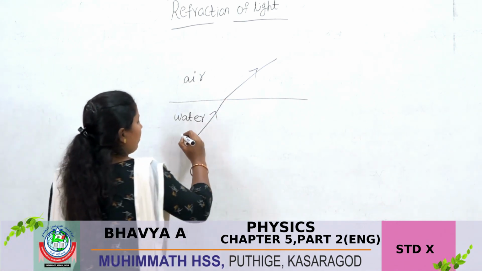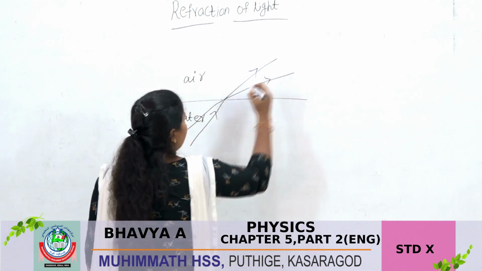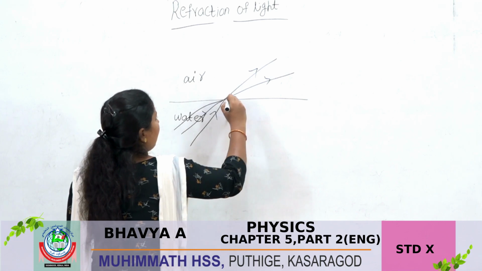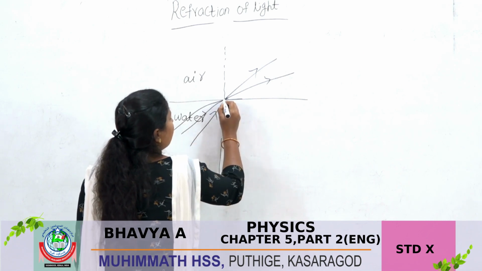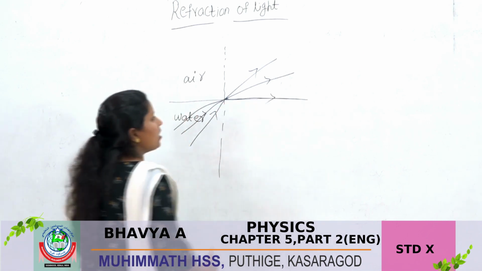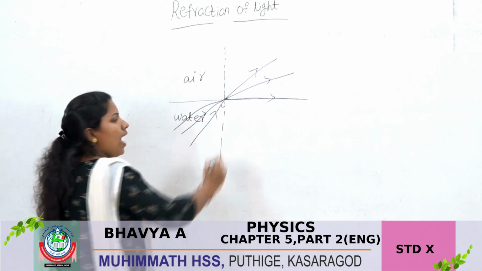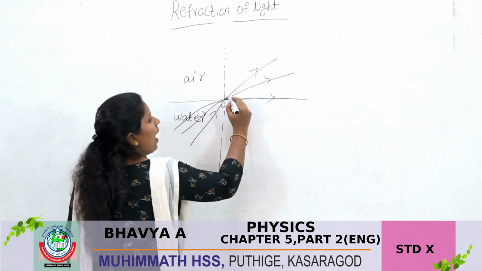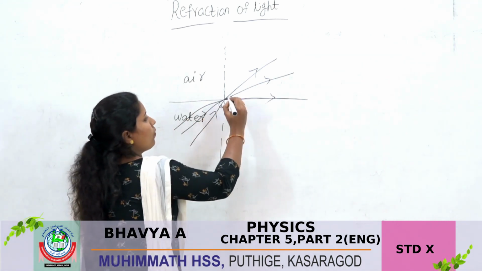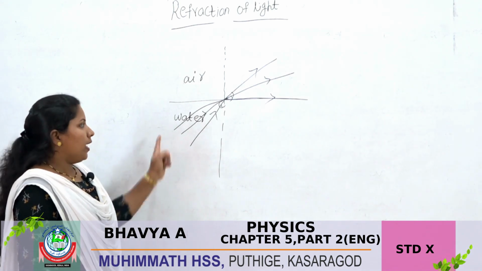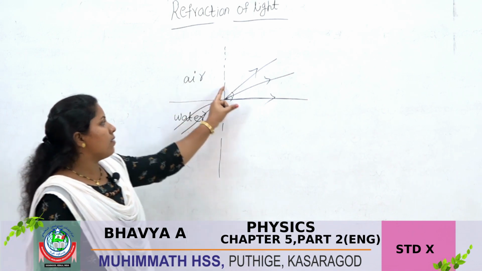Next, as that angle is increased, again the refraction is in another direction. Draw the normal here. At a particular angle, the ray is refracted at 90 degrees. So you get 90 degrees here. This is called the angle of incidence, and this is called the angle of refraction. Again another ray falls here. This is the angle of incidence, this is the angle of refraction. At a particular angle, the refracted angle becomes 90 degrees.